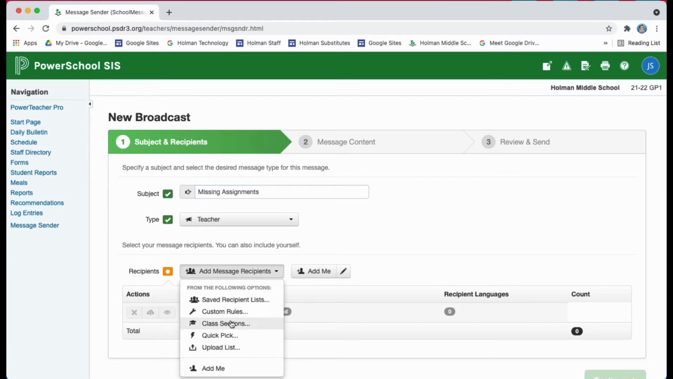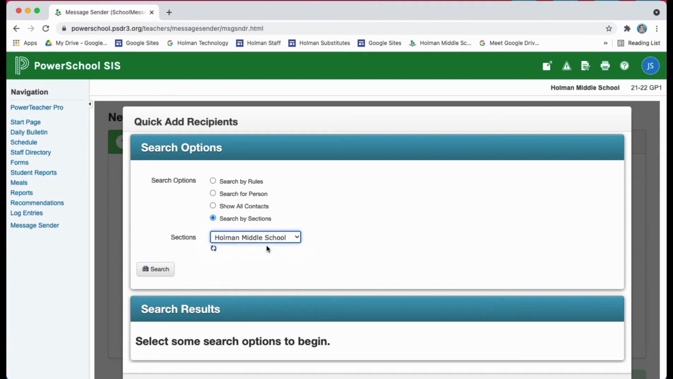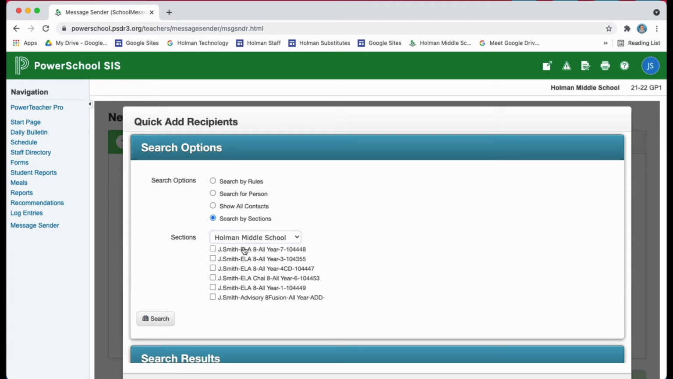Now, if you want to email the entire class, you're going to go to class sections. But if you only want certain students or certain parents in that class you want to contact, then you can do what's called a quick pick. And I could either search for a student's name if it's just one student, or I could even search by section. So if I search by section, I could go to our school, I could choose an hour and hit search,